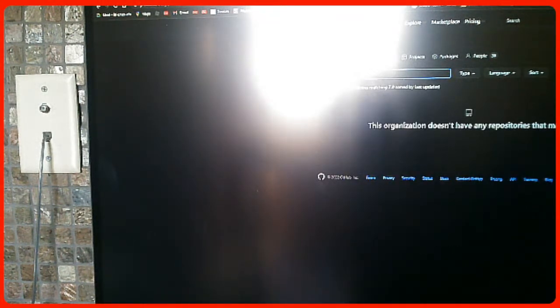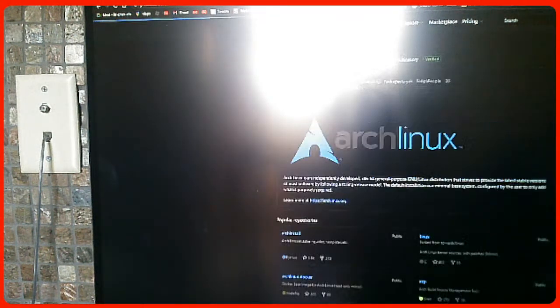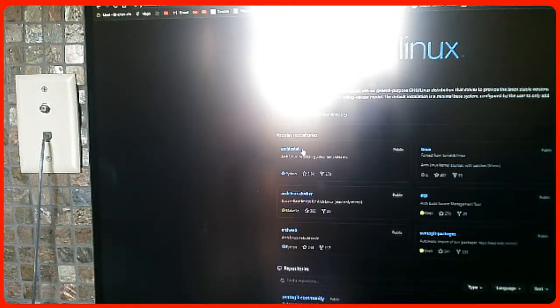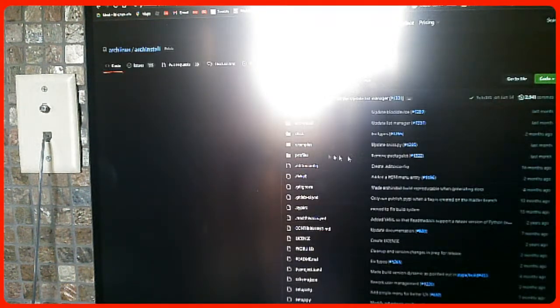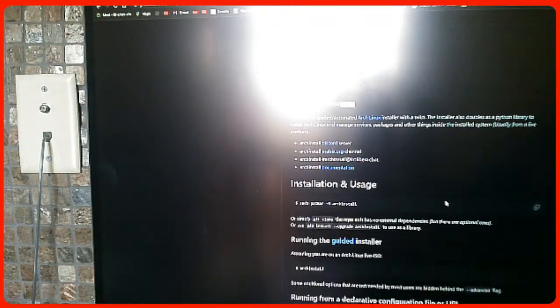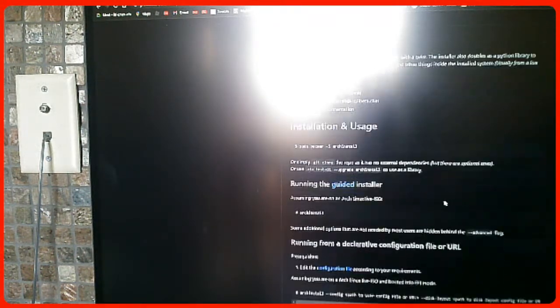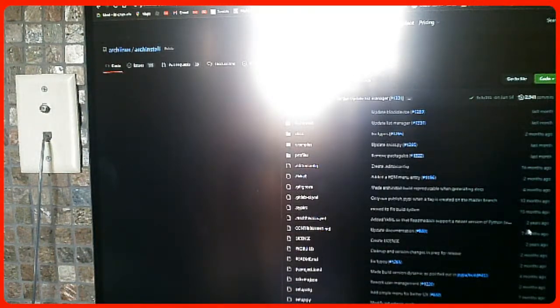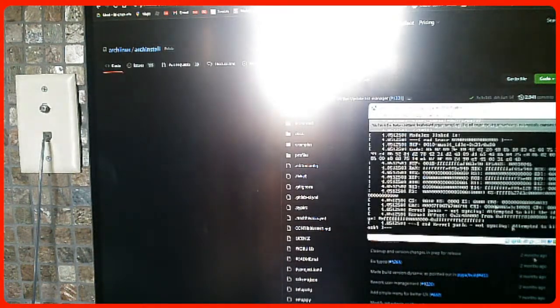I would assume it's gonna be something like, let's put 7.0. Nope. Overview. Okay. Oh, they have a guided installer. That's cool. You know what? Next install, we are going to try this out. Possibly even tomorrow. That looks sick.